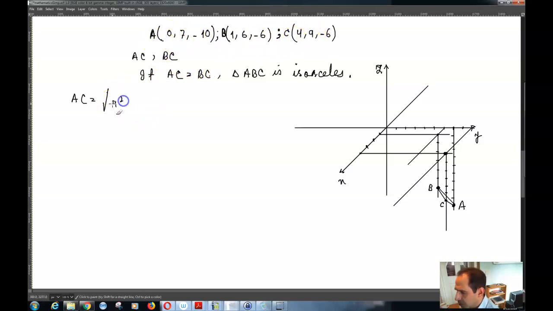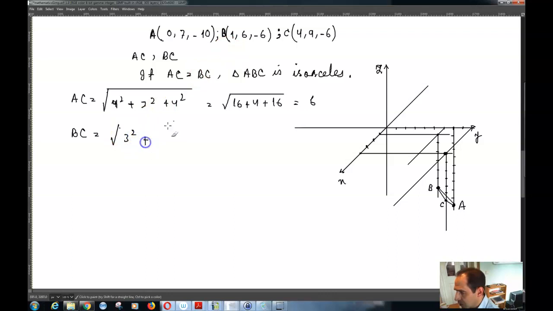So 4 squared plus 2 squared plus 4 squared, which is equal to the square root of 16 plus 4 plus 16, 32. 32 plus 4 is equal to 36, so the square root is 6. And BC is equal to 3 squared plus 3 squared, which is equal to